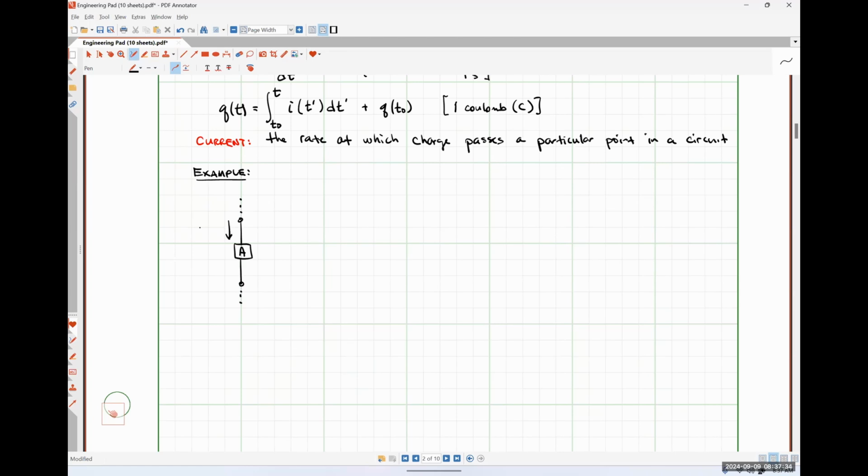And my current I of t is flowing down through this device. So if I of t has the following waveform,